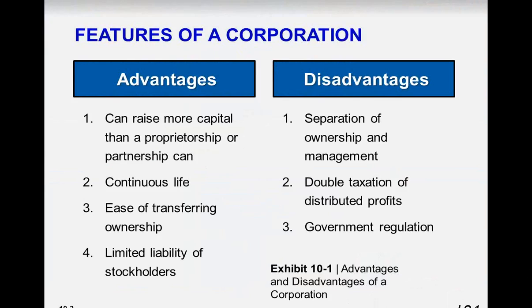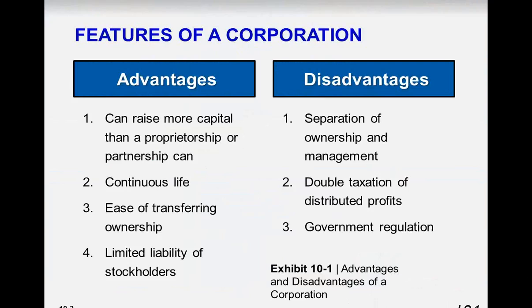What does that even mean? Why do we say that corporations are double taxed on their profits? Well, notice here that it does say distributed profits. That means that any items that I pay out in cash dividends are taxed again at the individual payer's tax